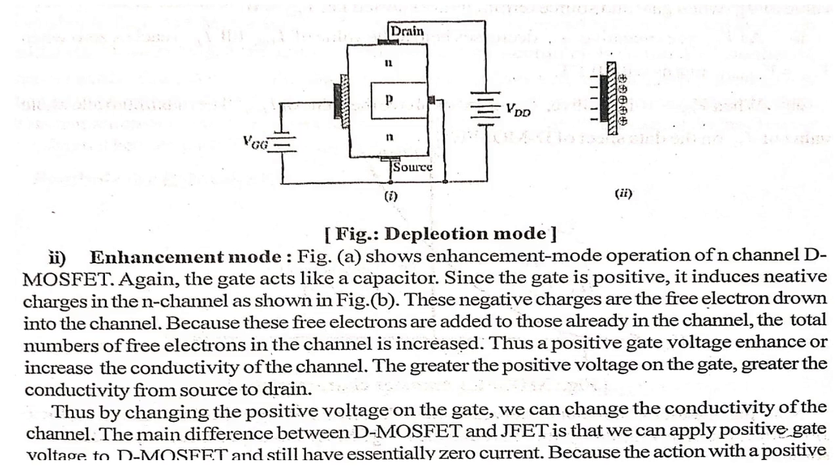Now the operation or working of this D MOSFET, as shown in the figure, N-channel D MOSFET. Let us connect the voltage between drain and source as well as gate and source. See in the figure. Connect the voltage between the drain terminal and source, as well as the gate terminal and source, as shown in the figure.